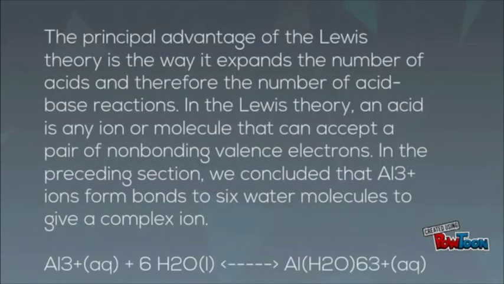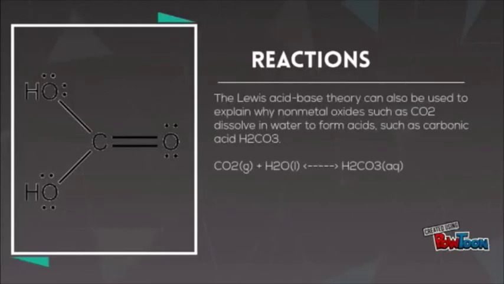The principal advantage of the Lewis theory is the way it expands the number of acids and therefore the number of acid-base reactions. In the Lewis theory, an acid is any ion or molecule that can accept a pair of non-bonding valence electrons. In the preceding section, we concluded that Al3+ ions form bonds to 6 water molecules to give a complex ion. The Lewis acid-base theory can also be used to explain why non-metal oxides such as CO2 dissolve in water to form acids, such as carbonic acid,